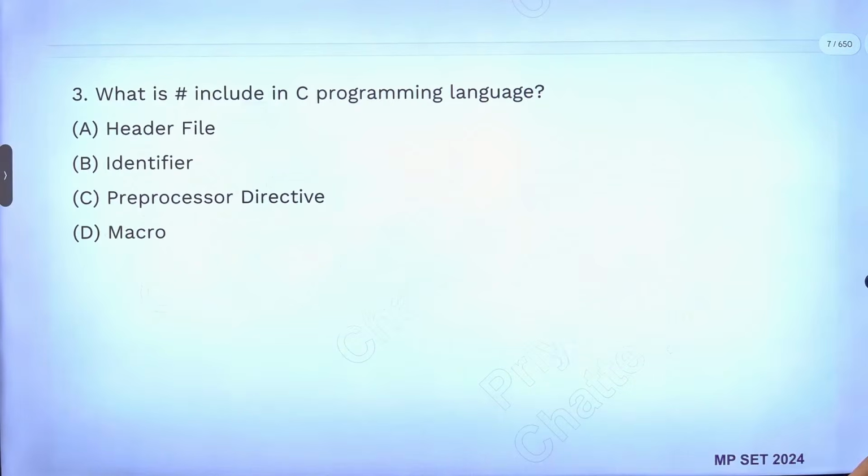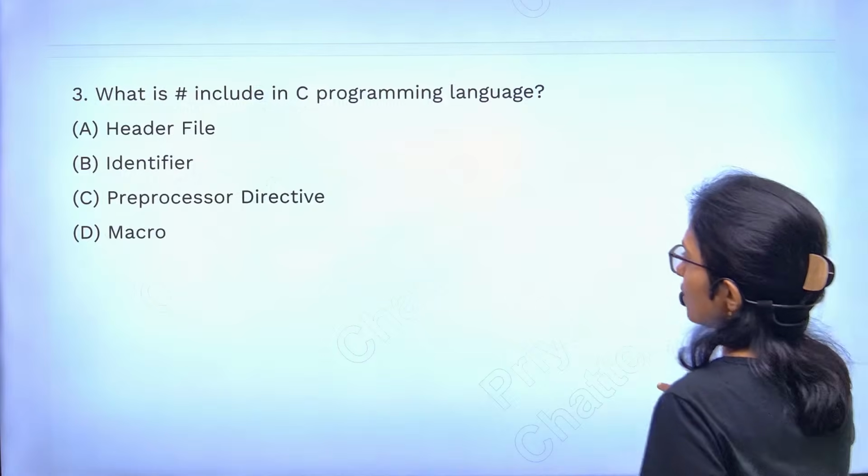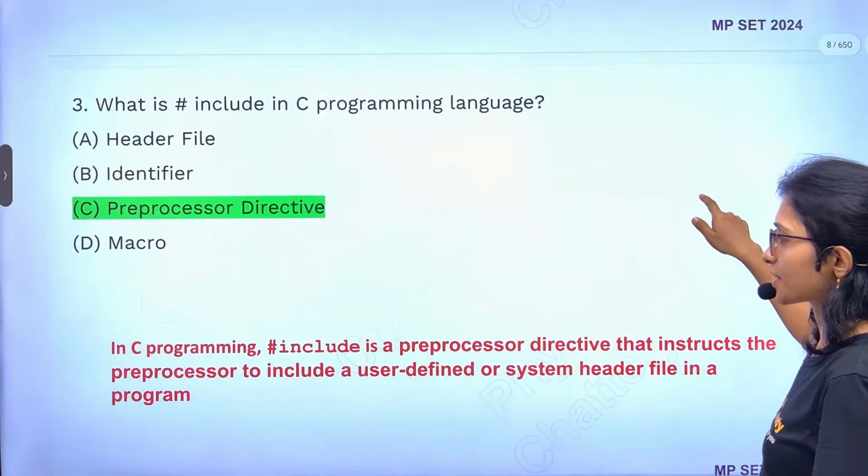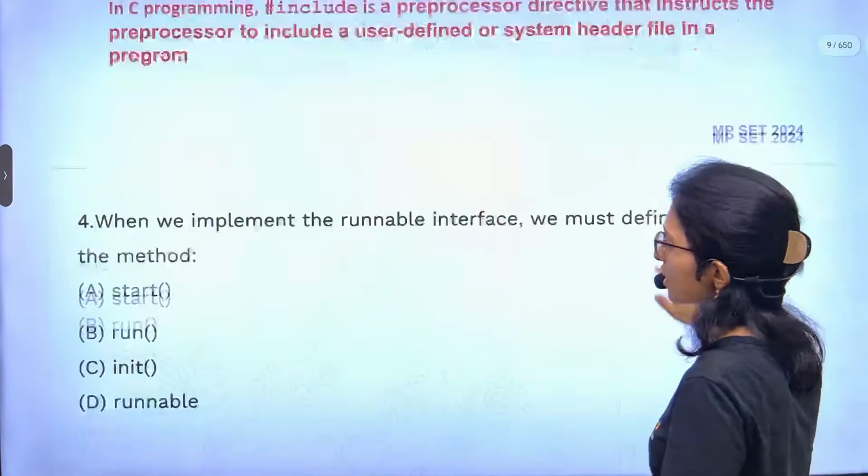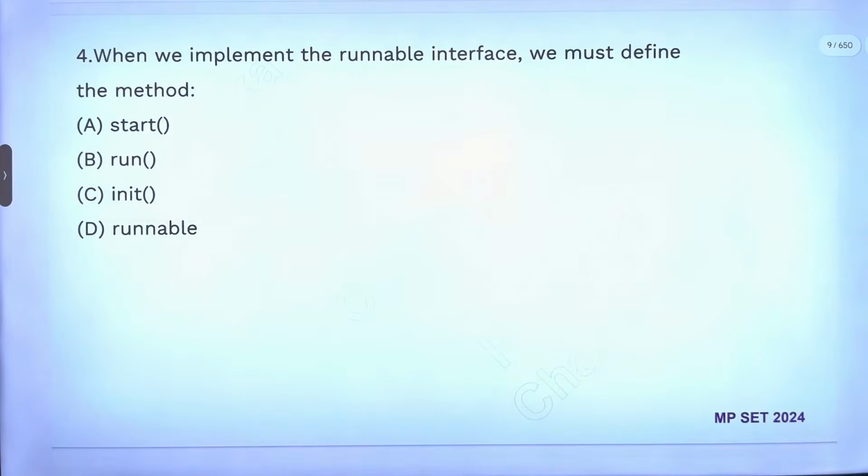Next one. What is hash include in the C programming language? Yes, it is a preprocessor directive. Hash include is a preprocessor directive, correct. Next,